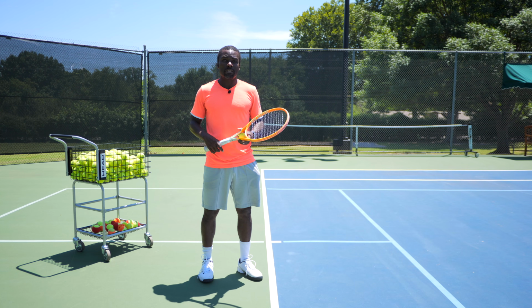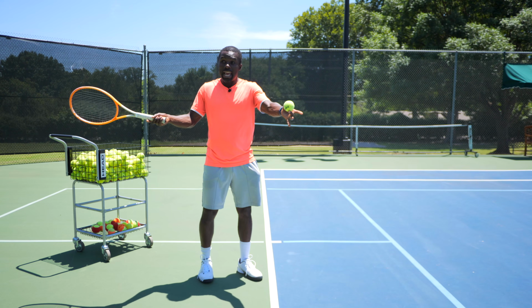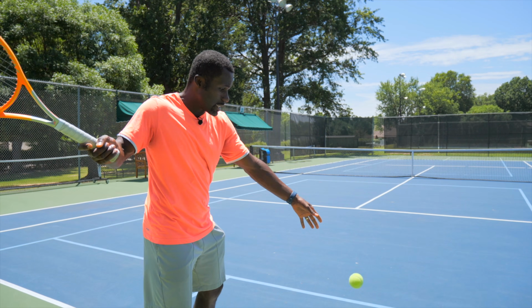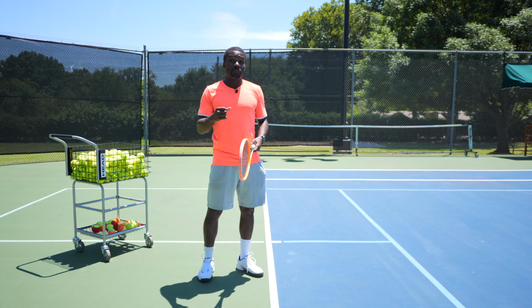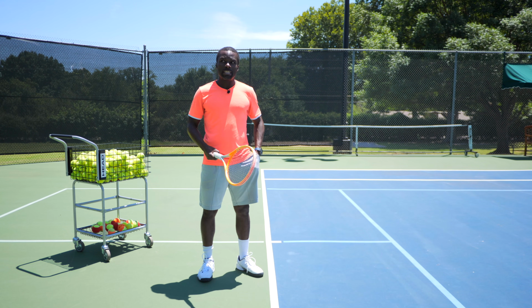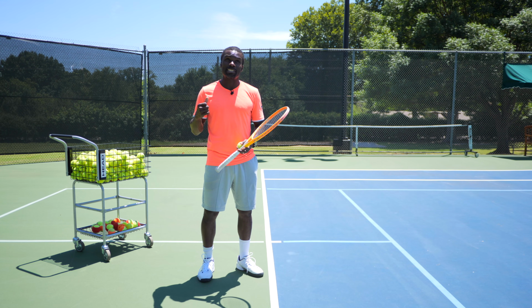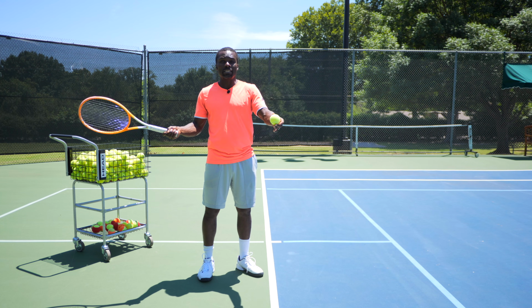Now, here's the difference. What we want to do is make sure we have margin and safety to hit the ball over the net. As we take the ball and hit it straighter, not letting the racket get under, the ball goes over that pretty flat. Now, if you have great footwork and you're balanced and in position, and you've been training all your life so this is second nature, that's great. But for the rest of us who want to just have a solid forehand, if you simply let the ball come up